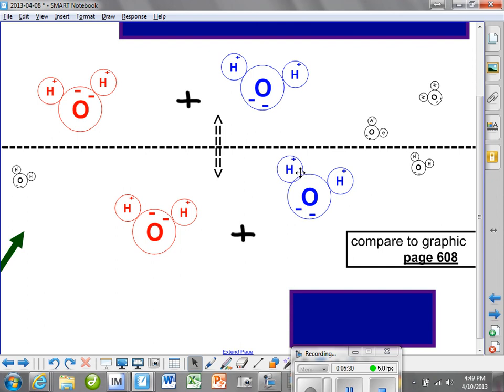That's what it always means, that we're going from two waters to a water plus this guy, which is called the hydronium ion, and this guy, which is called the hydroxide ion. Now, you have to realize that two waters will only give you two ions, no more. So we have the hydroxide ion with a net charge that, as we worked it out in class, is going